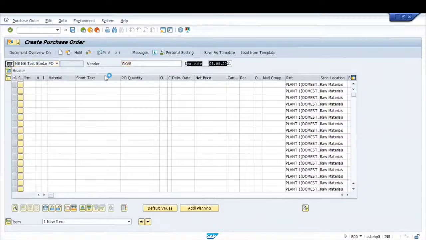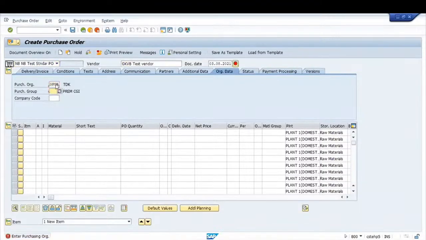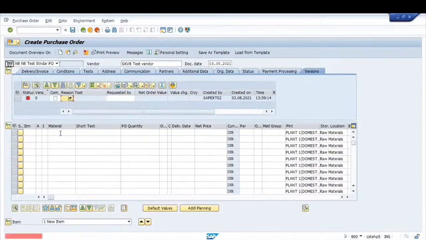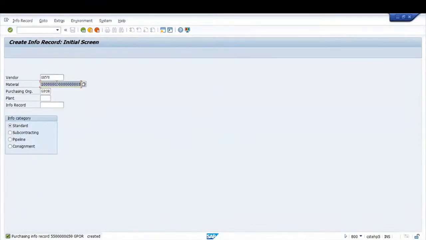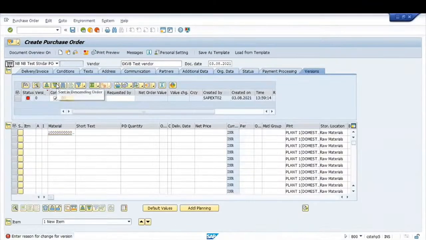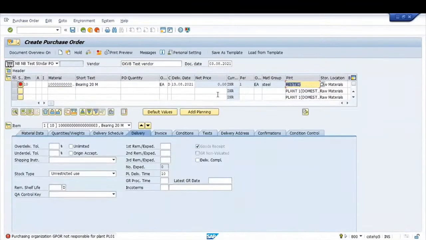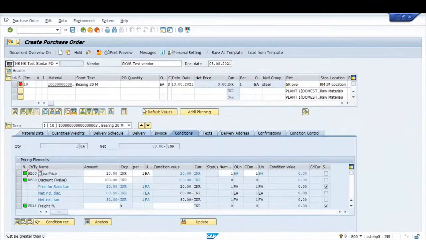Vendor is GKB8. Material. Let me take the material from here. Okay. See here,